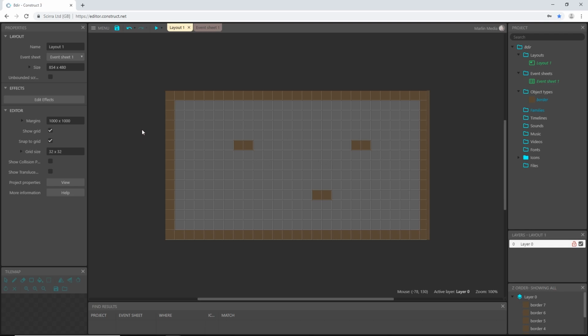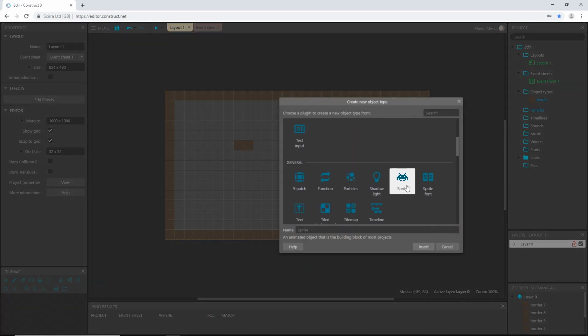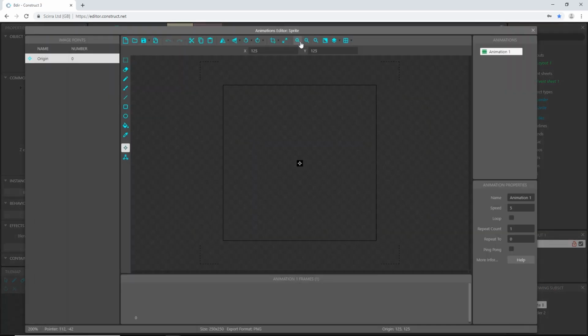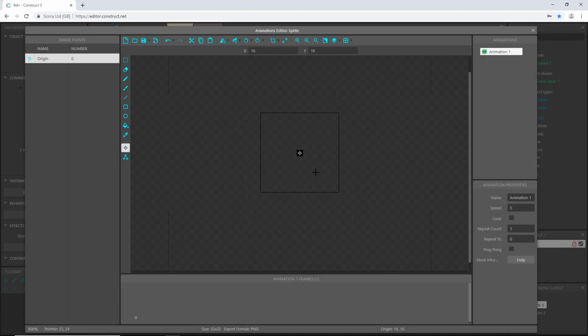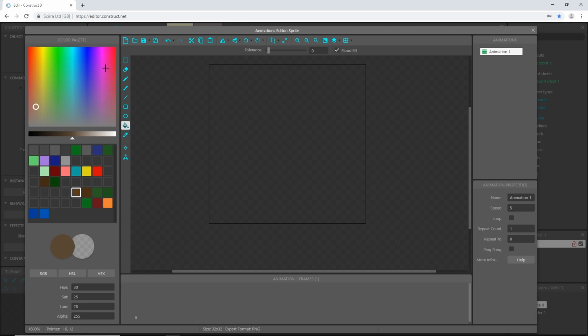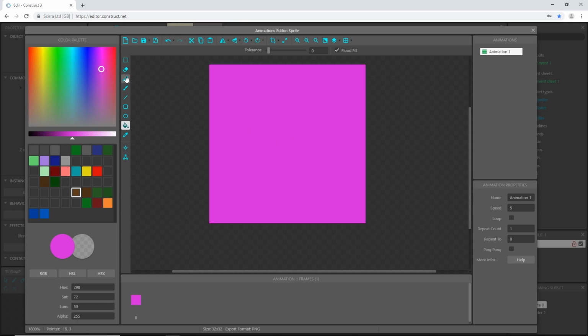Okay, let's move on. I'm going to double click in our layout, create another sprite, and I will resize this to 32:32. Zoom in, and I want the origin right in the middle for this one. And then I'm going to pick the fill tool and a nice pinkish purplish color here. I'll fill that in, and with my pencil tool I'm going to pick black, and then I'm going to go